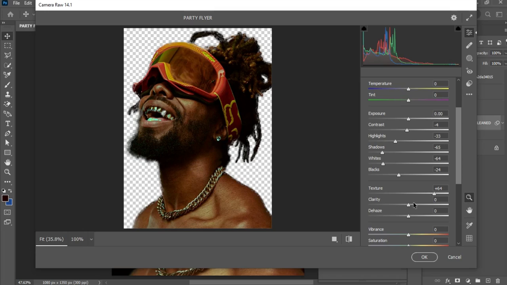So please take note, this is more of an eyeballing situation. There are no actual parameters in making use of the Camera Raw. You allow your eyes to actually guide you to know when you are overdoing it and make adjustments when needed. Okay, so I'll apply a little fill and boost up the clarity as well. Okay, likewise I'll have to come over to